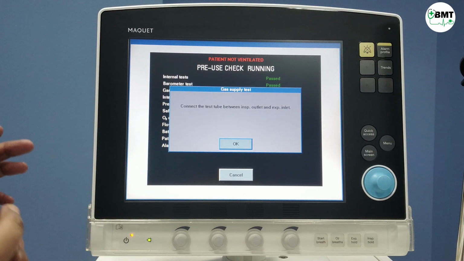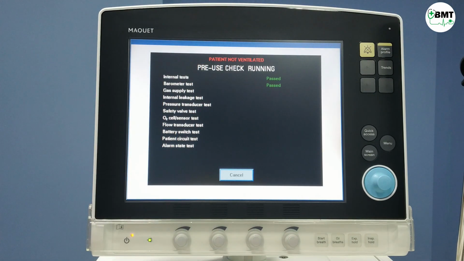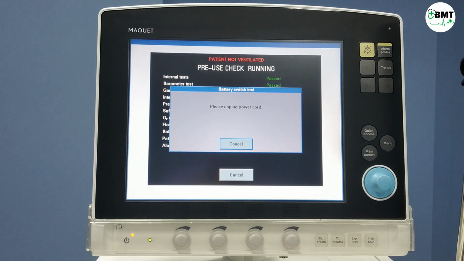Connect the test tube between inspiratory outlet and expiratory inlet. Then OK. You have to see to it that all tests get passed. Please unplug the power cord. So just switch off the power cord and then switch it on again.